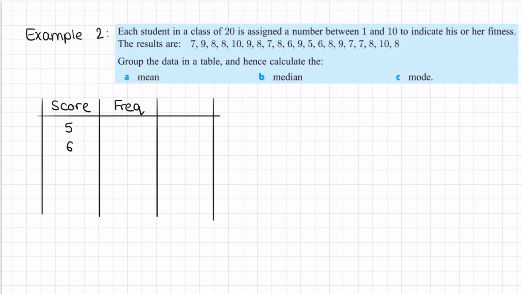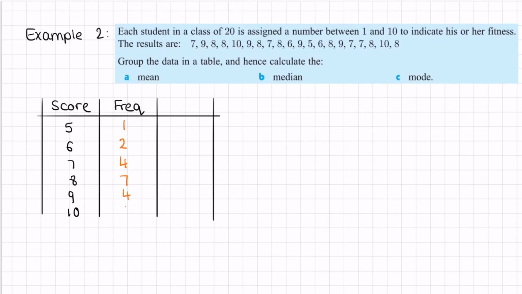So we'll have 5, 6, 7, 8, 9 and 10. And then from here, we need to look at our frequencies. So how many 5s are there, how many 6s, etc. If we look at that, you will find there is 1 five, 2 sixes, 4 sevens, 7 eights, 4